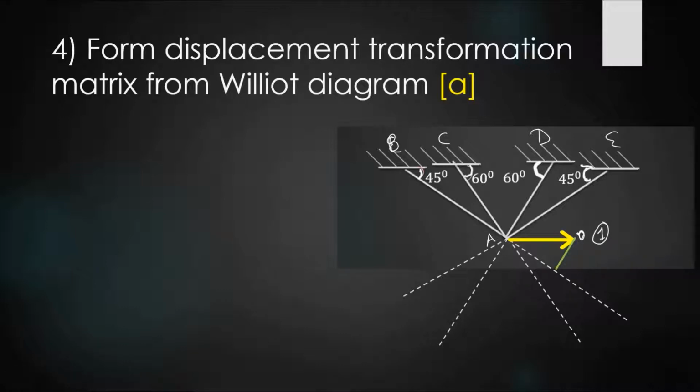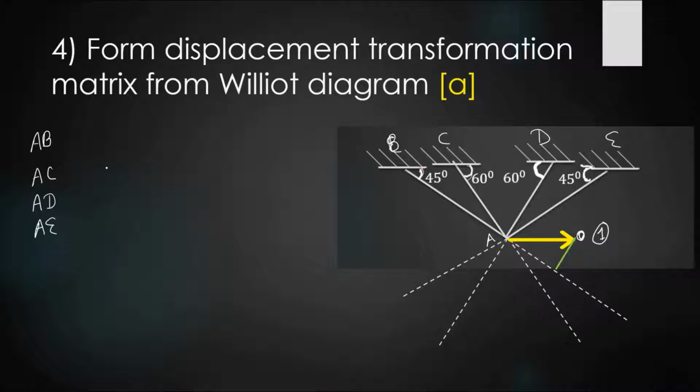From the point O, I have to draw a perpendicular to each member. In this structure, I am taking a sequence: AB first, AC second, AD third and the member AE as fourth. You should stick to a sequence, and you can take it in any order, but you should keep that sequence until the end of this analysis. So I have taken AB, AC, AD and AE.